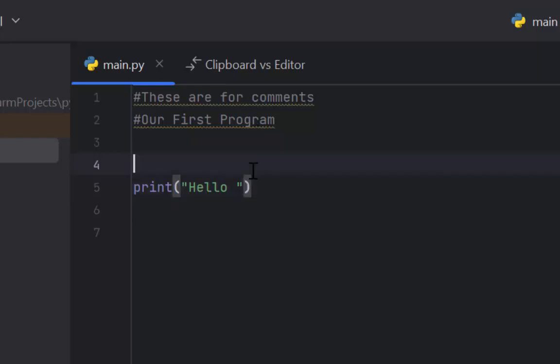Now, there are different variable data types. You need to be familiar with them because you may need to do some conversions later on. For this one, we're going to create a basic string variable. To make a variable in Python, you don't need to declare the data type. You simply give it a value and it'll determine what data type it should be. So when I type in computer science